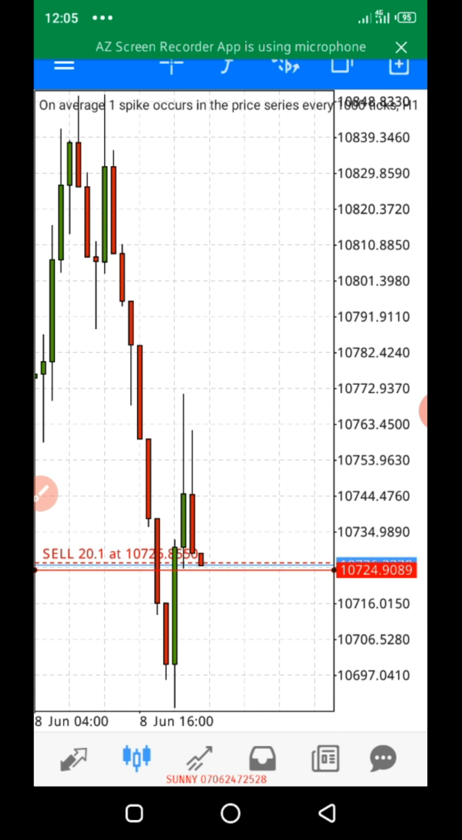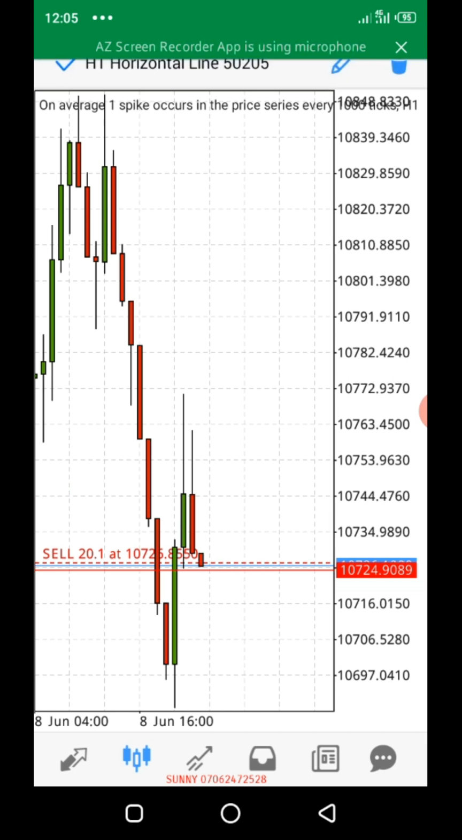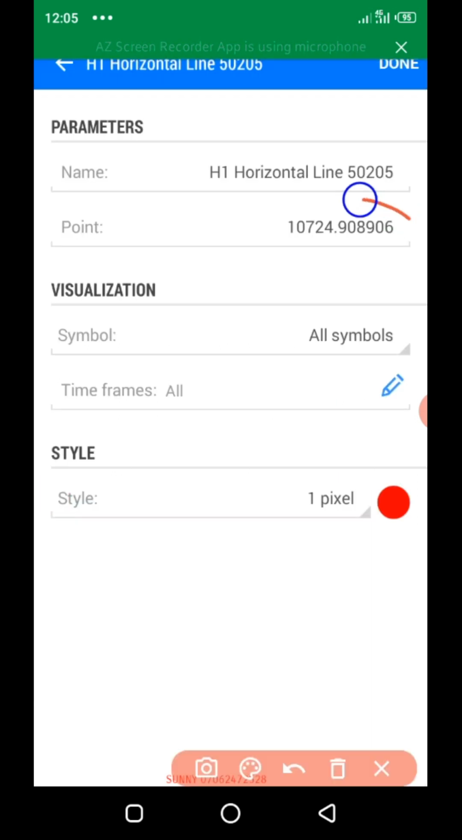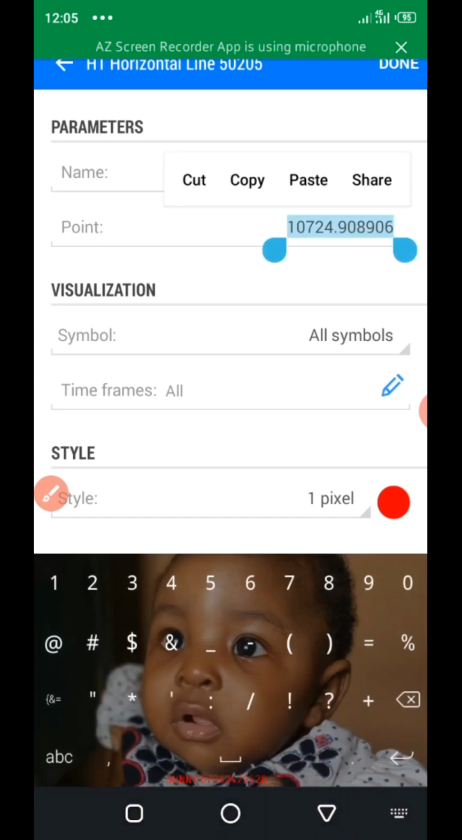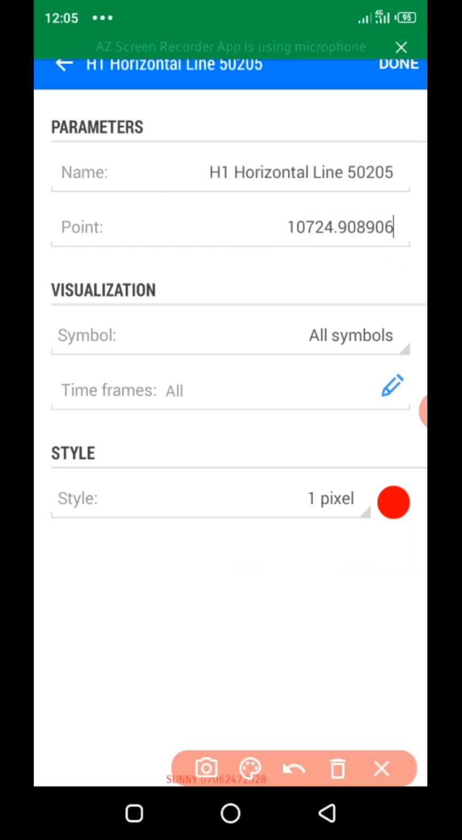Now look at my take profit. Look at the red line. It's showing us a price, the price where I put the red line, 10724.9089. So I'm going to copy that number. How do I copy that number? I'm going to click on the red line and hold. Once I click and hold, you see this will appear. I'm going to click on the pen you're seeing here. Then I'm going to click on this point here, click and hold to copy. It will show me copy. I will now click copy. Then I'm going to click done at the top of your screen. Once I click on done,